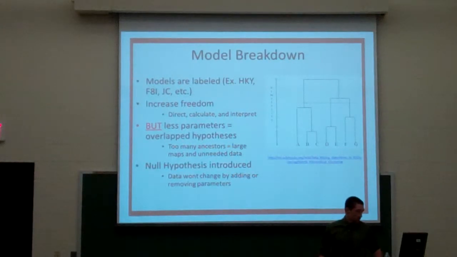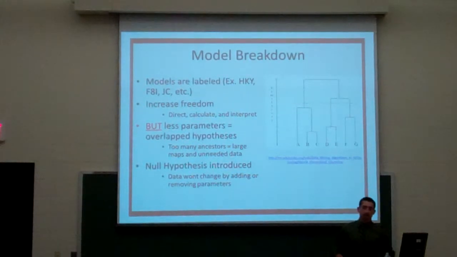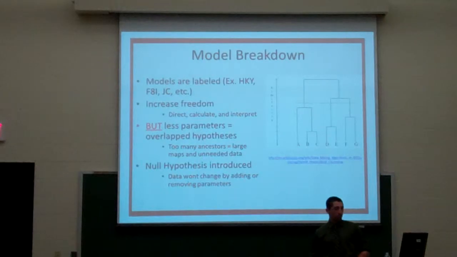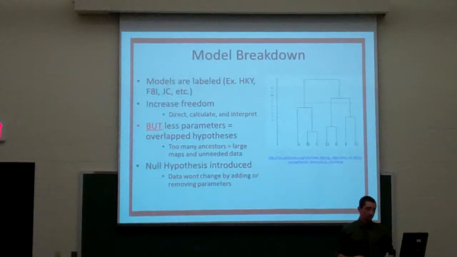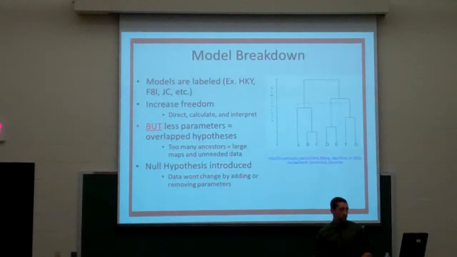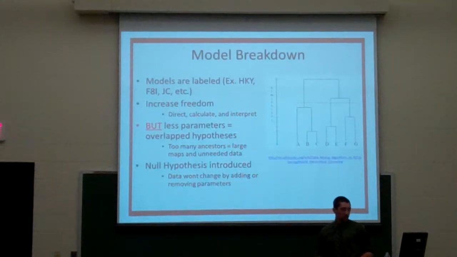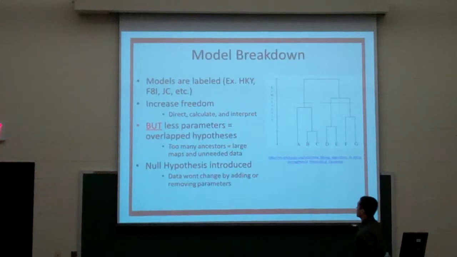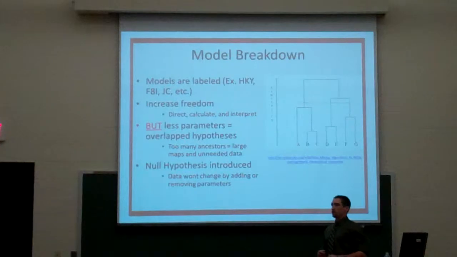larger process. The increase in freedom that your information has, the better ability the programs have to direct, calculate, and interpret the information, but the fewer parameters means it overlaps with hypotheses. Now this means that there's too many ancestral species, which means that there's a lot of unneeded data. So you don't need to be comparing sometimes a species that is generally, for the most part, not related to another. If you have too many of these, it just becomes too vast, and there's just unneeded calculations that